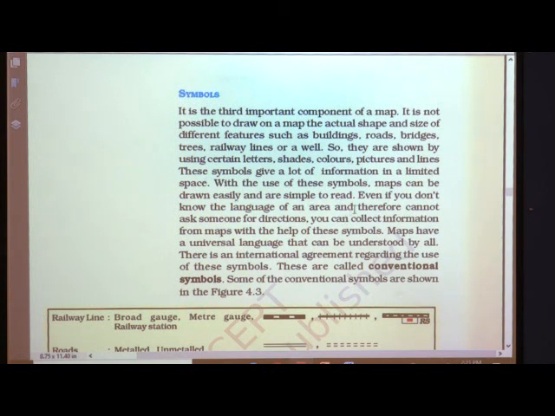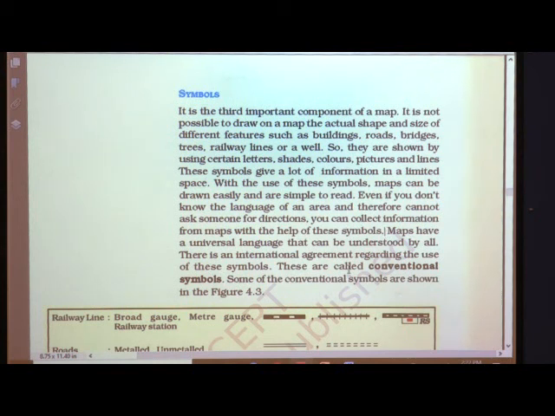If we give the symbol, then it is easy for everyone to read which symbol represents what. Even if you do not know the language of an area and therefore cannot ask someone for directions, you can collect information from the maps with the help of these symbols.